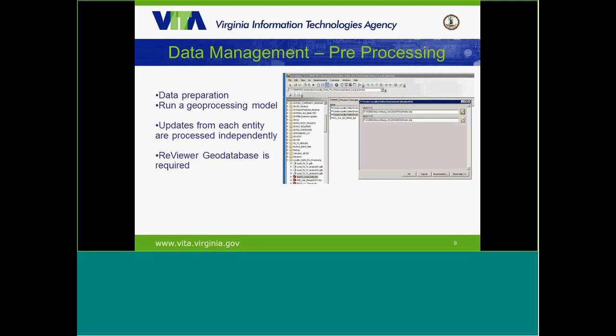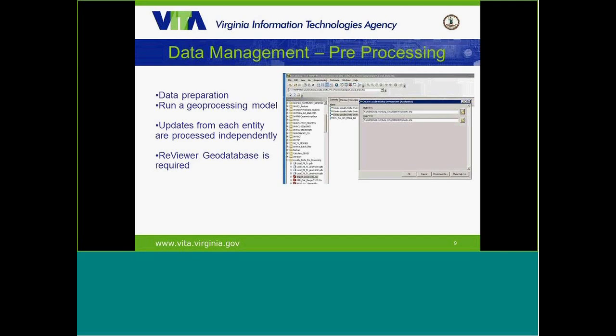But before we even do that, we have to run pre-processing on the data. We take the older layer that was submitted by the locality against the new layer and run a tool that will put it in a Geodatabase, because that's the workspace Data Reviewer requires, where we run all of our batches.